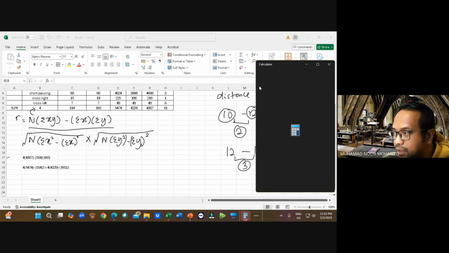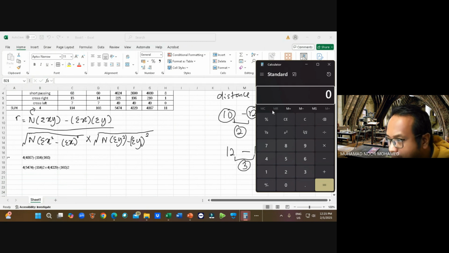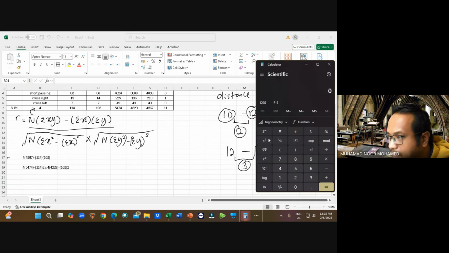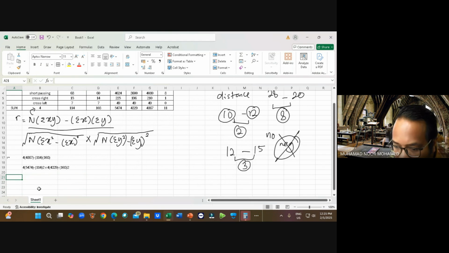So let's do it step by step. For the top, let's change this one into that one. So we have 4 times 4867, then we're going to minus that with 114 times 103, and the answer is 7726. So we have here r equals to 7726 divided by, for the bottom part,